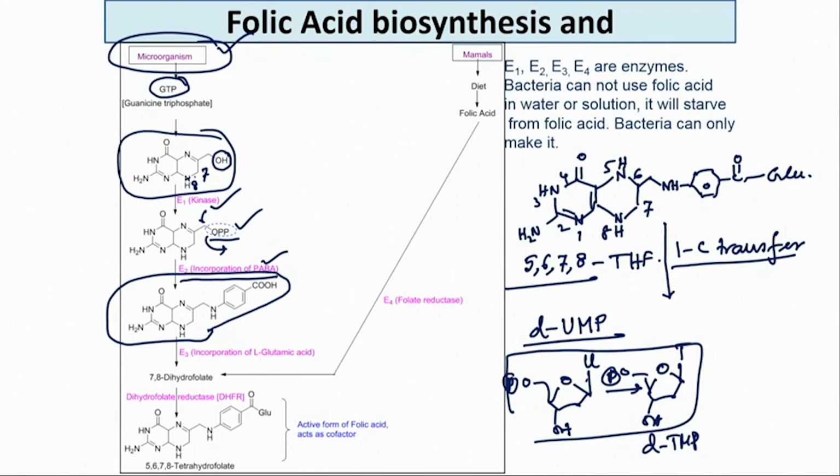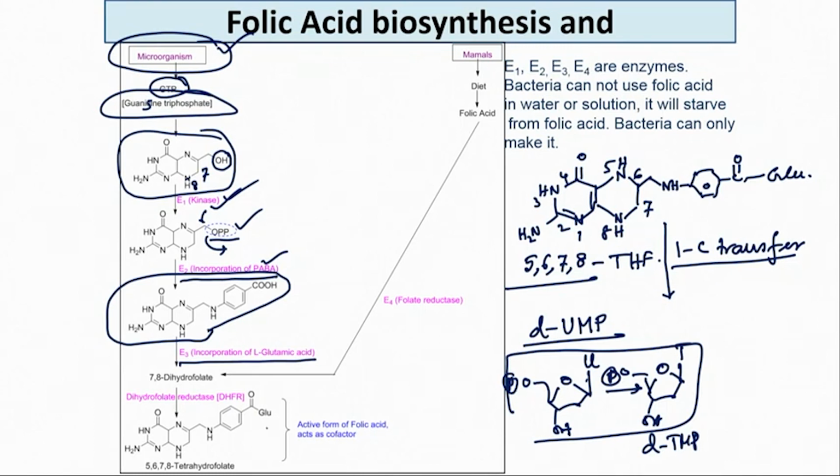But remember, you started all the time with the 7,8 dihydro, and then the third enzyme in this biosynthetic machinery. We are not talking about this process. There are enzymes involved here, the conversion of guanosine triphosphate. That conversion we are not discussing. So, this is one enzyme, that is another enzyme. First enzyme converts this to pyrophosphate, second enzyme displaces the pyrophosphate by para-aminobenzoic acid, and the third enzyme you get